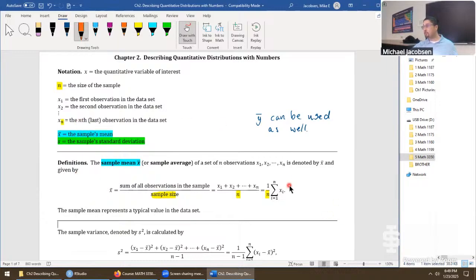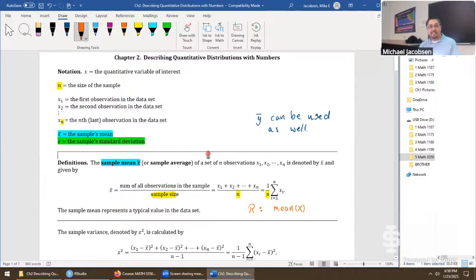But because we're using RStudio, we'll probably never do this by hand unless you just really wanted to and you're bored. In RStudio, or let me just say it this way, using R, we say mean of x, wherever x is, to get the same exact result. So that's how the function is implemented, kind of nice in a way, just fast and straightforward using the words you expect to be used. After we have the mean, this represents the center of our data set. So it's the typical value. If you had to take your entire set of data and use one number to describe it, the mean is probably the best way to describe your data set.